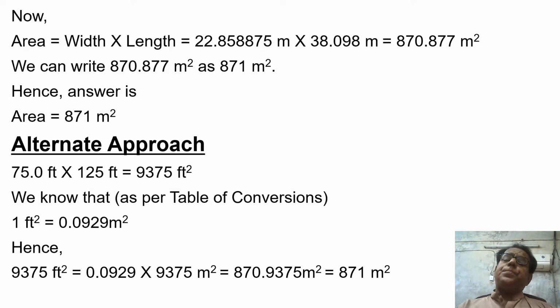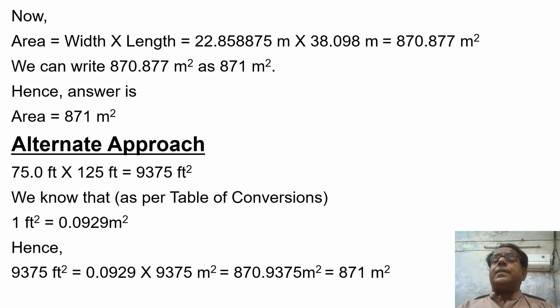Another approach, which means we are solving this problem in a slightly different mode as under. Dear students, length and width both are given in feet. So when we multiply them, we get the area, but we get the area in feet while we are required to provide area in meter square. So 75.0 feet into 125 feet is equal to